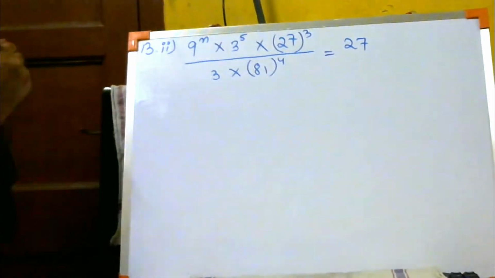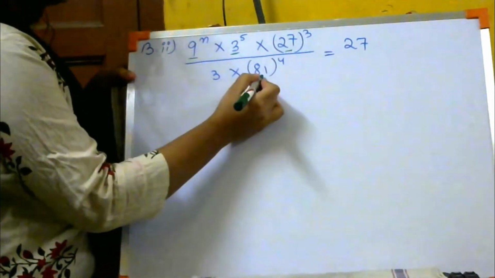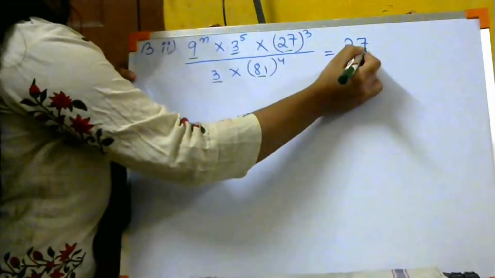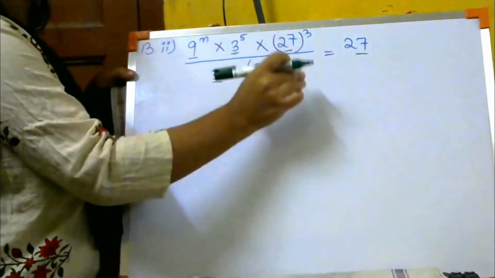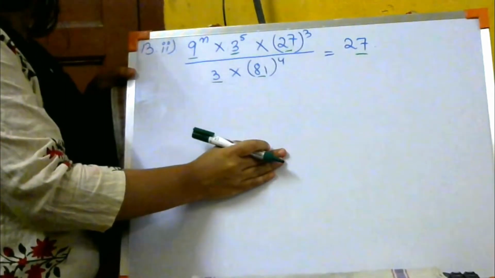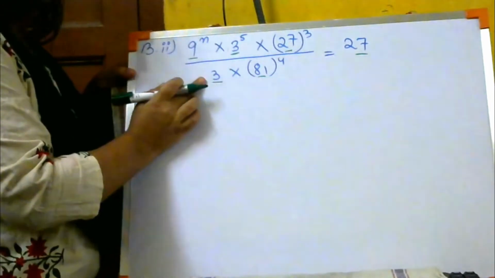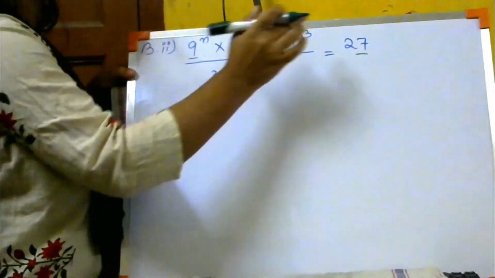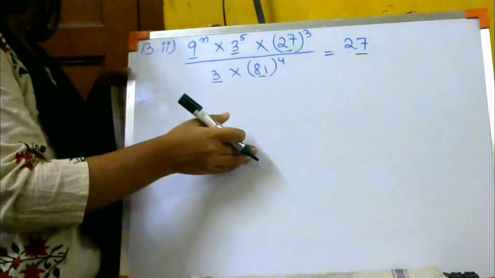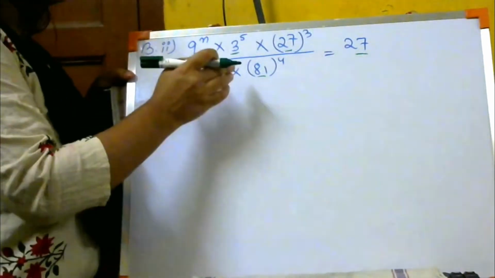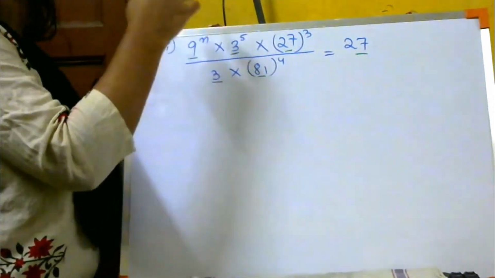Let us observe the numbers. Over here, it is 9. It is 3. It is 27. It is 81. It is 3 again. And over here again, it is 27 equals to 27. All these numbers belong to the tables of 3. If you look carefully, all these numbers belong to the tables of 3. सबसे लोएस्ट नंबर यहाँ पे 3 है, तो यहाँ पे हर एक नंबर को 3 से हमको देखना है कि 3 के टेबल्स में कितनी बार ये लोग आते हैं. ठीक है? Means what I'm trying to say, you have to change the bases in the form of 3, just like that sum.